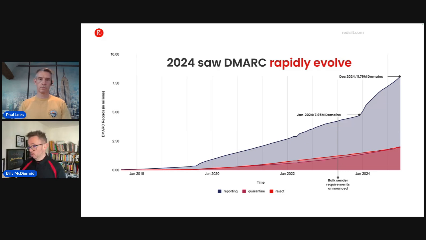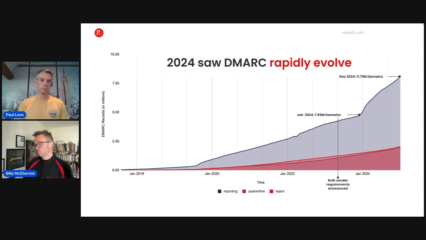There's 3 ways. So there's reporting, there's quarantine, and there's reject. So people were actually configuring it and then just staying at reporting. Now, Paul and Bespin are building that reporting feature into their product, into Patronum, okay? But that's just the first step in configuring DMARC correctly, because the next step is you want to benefit from